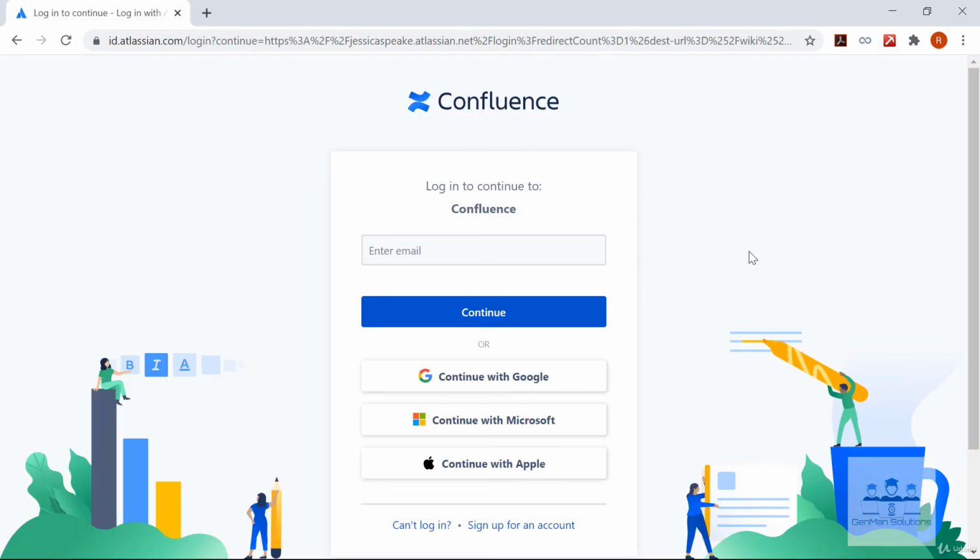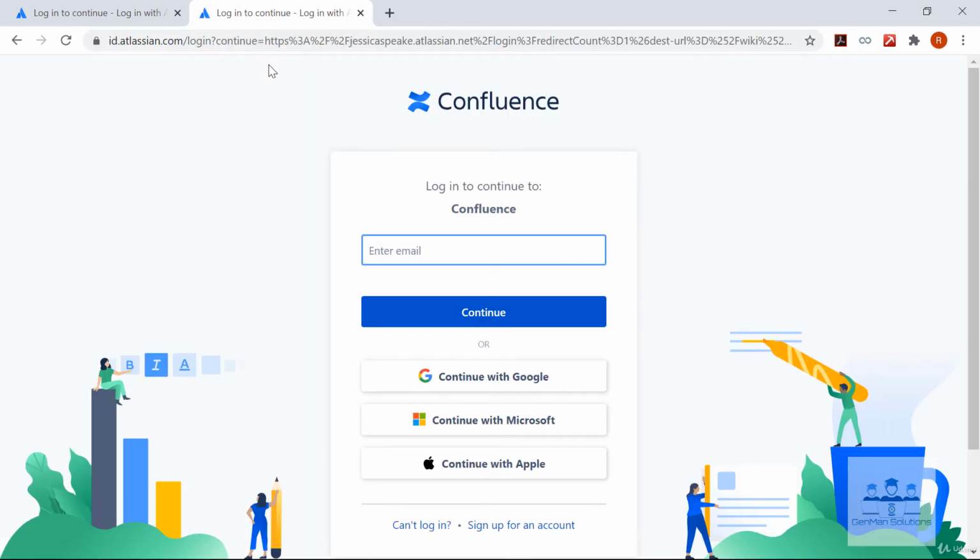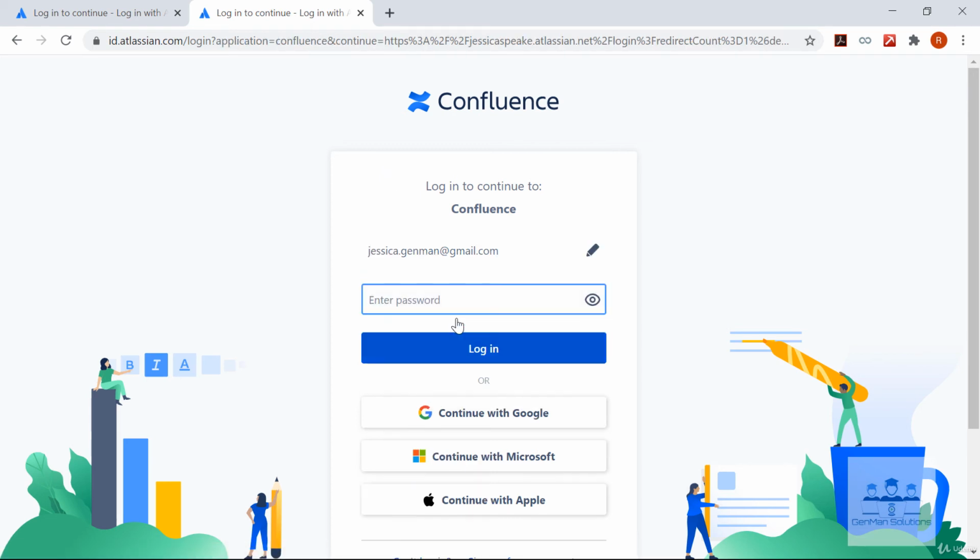Okay, so instead of going to the Atlassian website, I'll just enter the site URL here, which is jessicaspeak.atlassian.net. And now I just have to enter my email address, and then password.